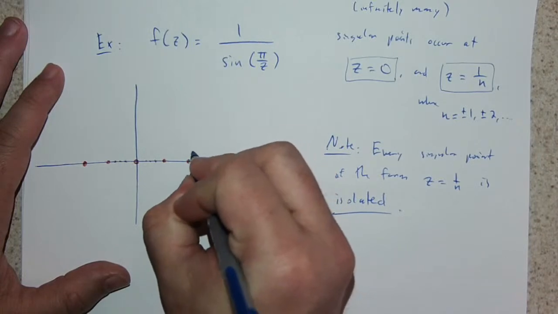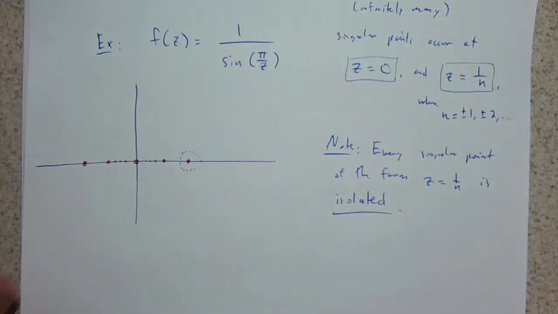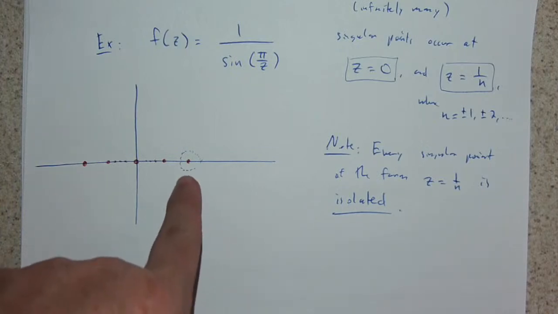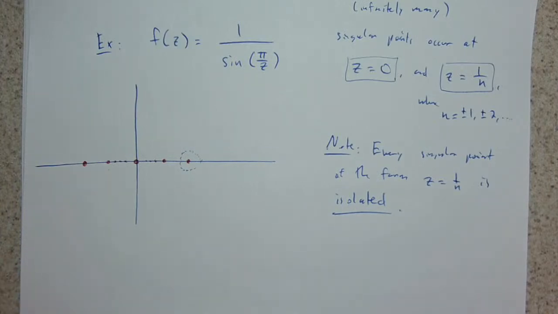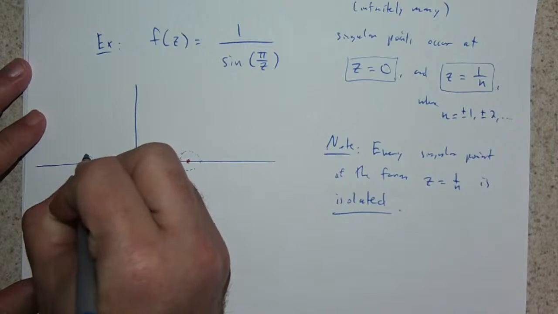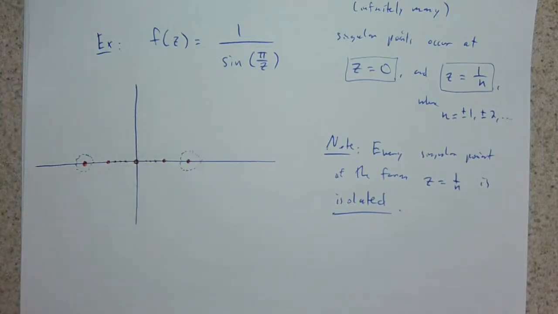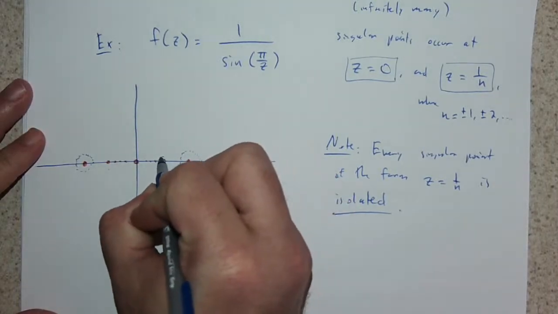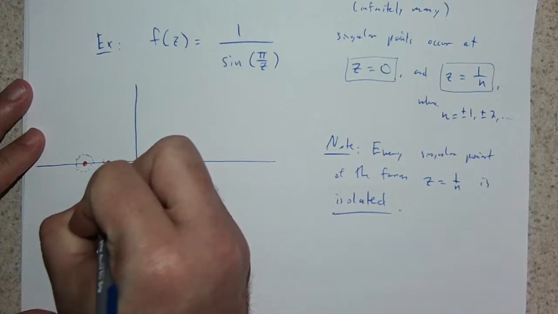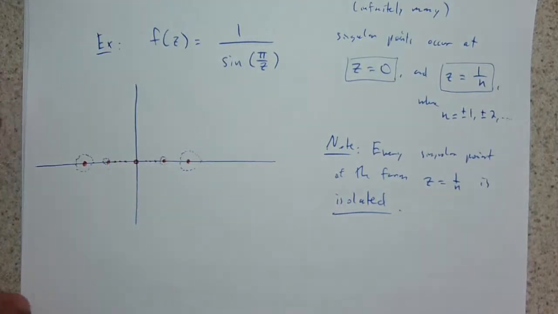Well, that's easy. There, right? There's a deleted neighborhood centered at that singular point of f, and f is analytic throughout this whole thing, right? This doesn't contain another singular point. Okay. Similarly, there's a deleted neighborhood for that singular point. We can keep doing this, of course, for any of these. Okay. So every singular point of this form is isolated, but